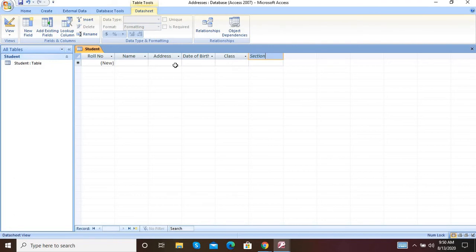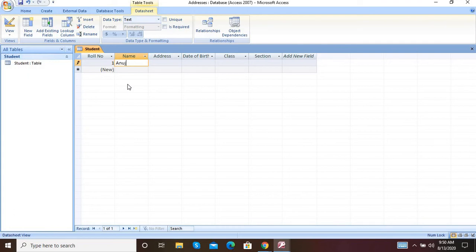Now we have to add the fields or add data in our table. For that you need not write any roll number, because Microsoft Access automatically takes this number. So first is Anuj. See here, roll number 1, it will take automatically.